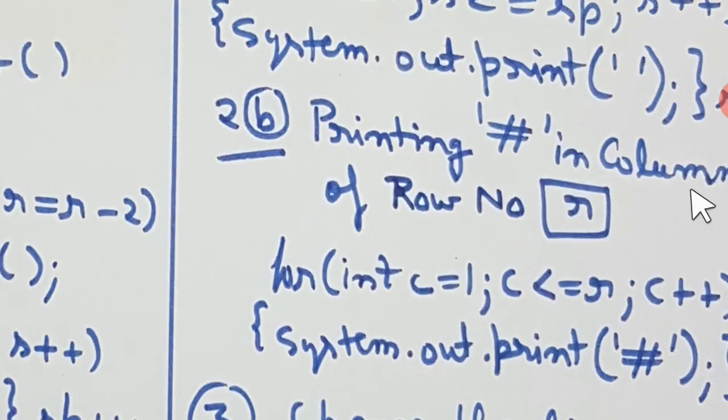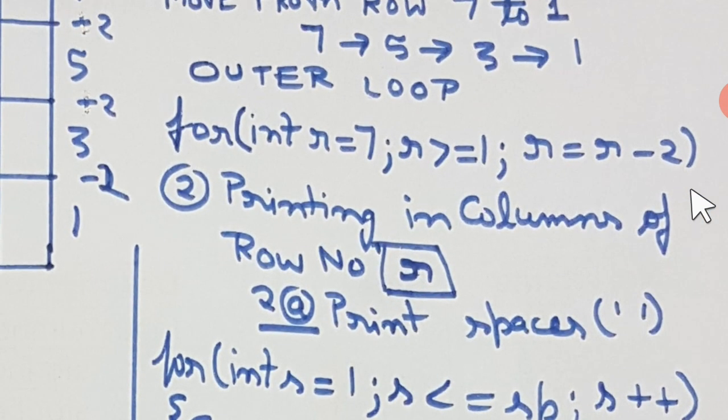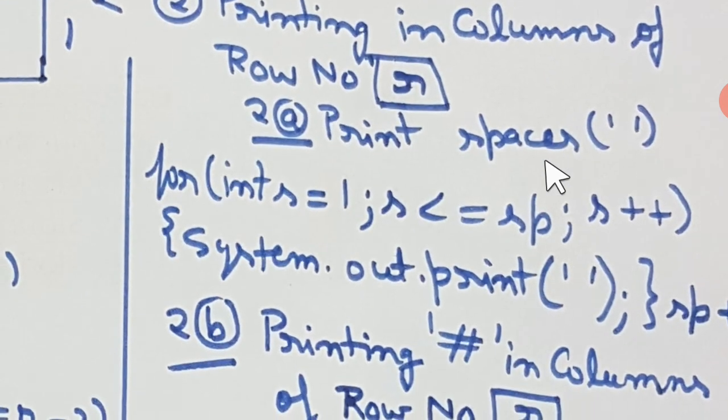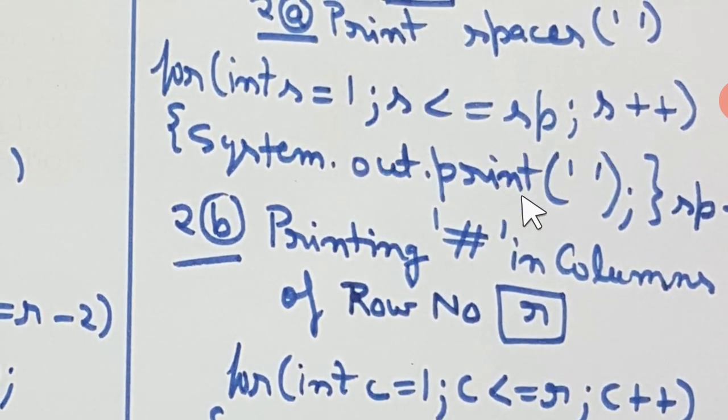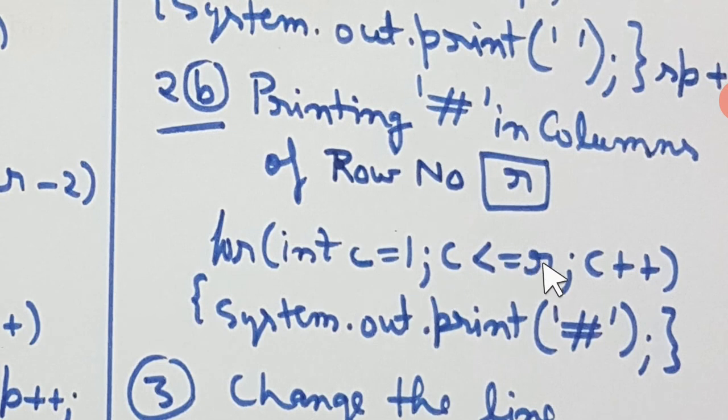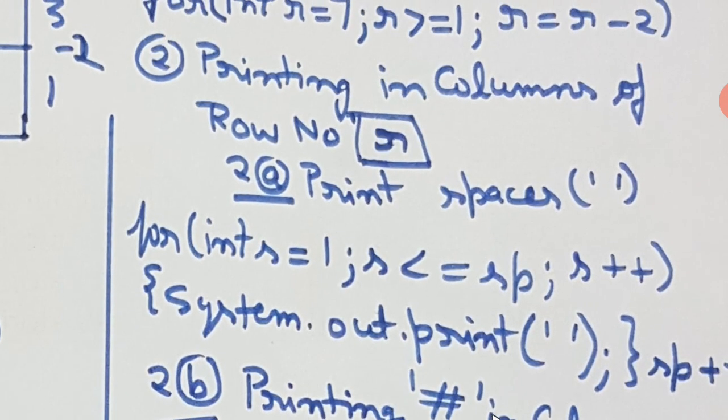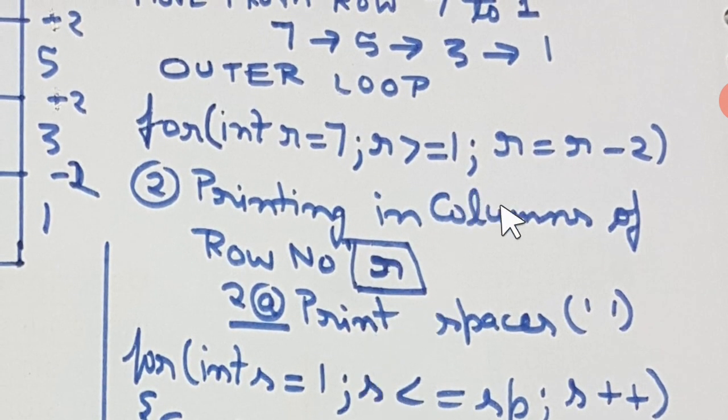Now this cycle will work how many times? 4 times. First time r is 7, which I have already explained. Then r will become 5. Here again the spaces are going to be printed, but this time 16 spaces, because spaces are being increased. Then it comes here, and this time r is 5, so it's going to print 5 hash symbols in the new line. After that it changes the line again. This time r becomes r minus 2. r was earlier 5, now it will become 3.